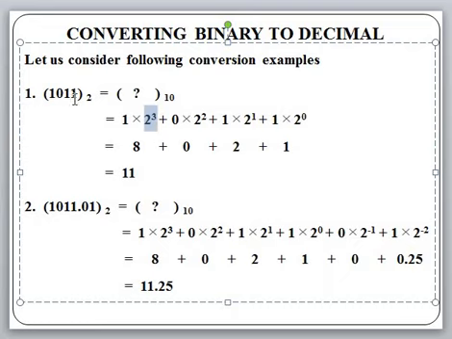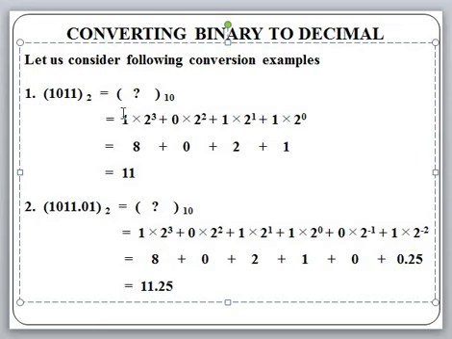So we know that the least significant bit starts from 2 to the power 0, then the next one is 2 to the power 1, then 2 to the power 2, then 2 to the power 3, and like that. Here in this case there are 4 digits, that's why 2 to the power 0, 2 to the power 1, 2 to the power 2 and 2 to the power 3 are considered to multiply to get the weight of all those digits.